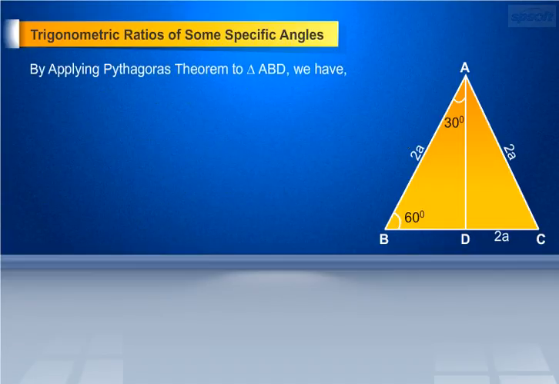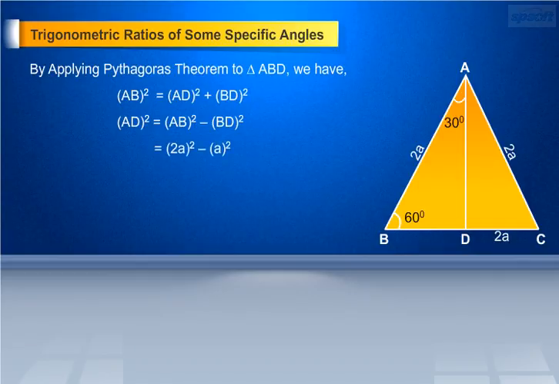By applying Pythagoras theorem to triangle ABD, we have AB squared equals AD squared plus BD squared. This implies that AD squared equals AB squared minus BD squared. On substituting the values of AB equals 2a and BD equals a, we get AD squared equals (2a) squared minus a squared. This is equal to 4a squared minus a squared. This implies that AD squared equals 3a squared. Therefore, AD equals a root 3. As we have all sides of triangle ABD, that is, AB, BD and AD,